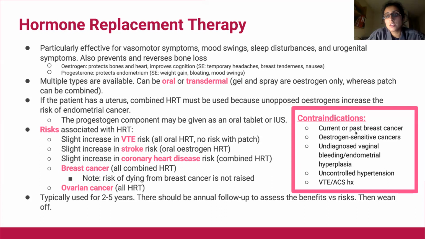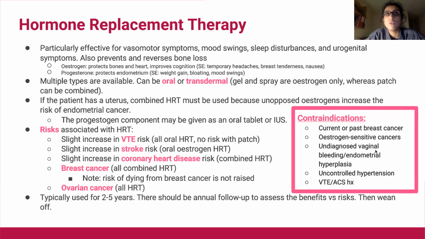So contraindications, so reasons that you definitely wouldn't offer someone HRT: current or past breast cancer due to the increased risk, any estrogen sensitive cancers, undiagnosed vaginal bleeding, or endometrial hyperplasia. And this is just because if you give someone HRT, a side effect can be vaginal bleeding. For the first 3 months, it's expected or not surprising. However, if someone's already got vaginal bleeding and you don't know the cause, as we'll talk about later today, one of the things that could be causing that is endometrial cancer.